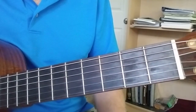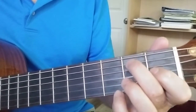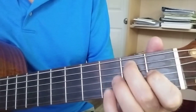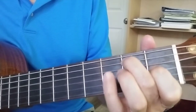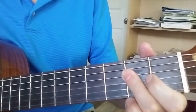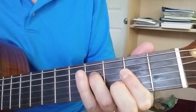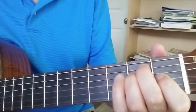Now I'll play the whole thing, 12 bars with our rocking on each chord, except for the 5 chord. We're going to leave the 5 chord alone. 1, 2, 3, 4. 1, 2, 3, 4. 4 chord, 2, 3, 4, back to the 1,